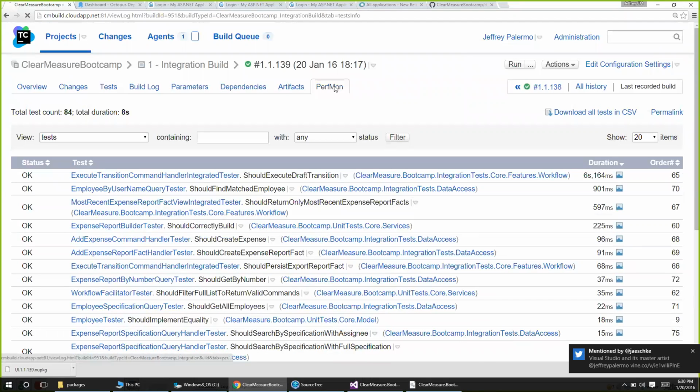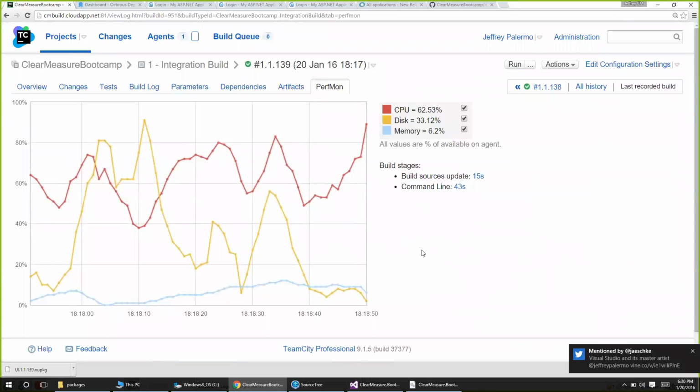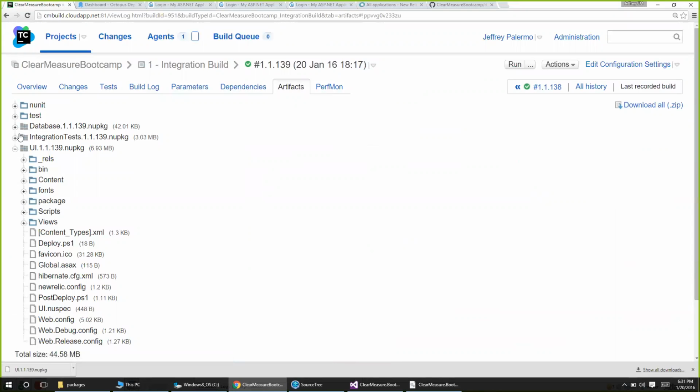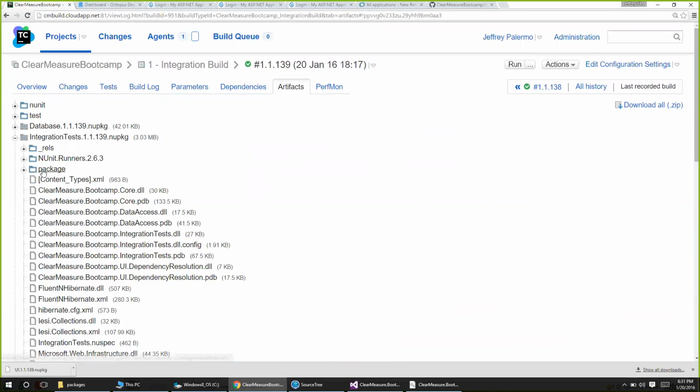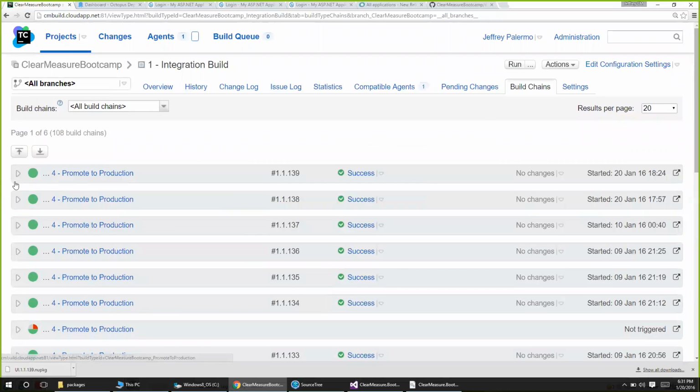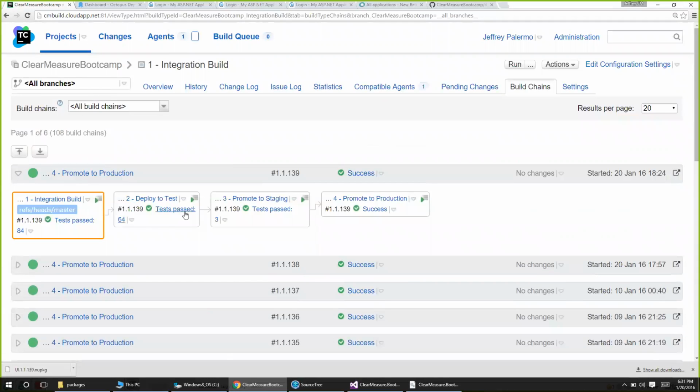We have perfmon built into here from a CPU perspective, or disk and memory, and then our artifacts, of course, and we can see everything inside of it. And of course, our integration tests, we have the NUnit runner, we have some of those DLLs so that we can run tests. So if we go back to build chains and look at this last one, catching up here, we see that